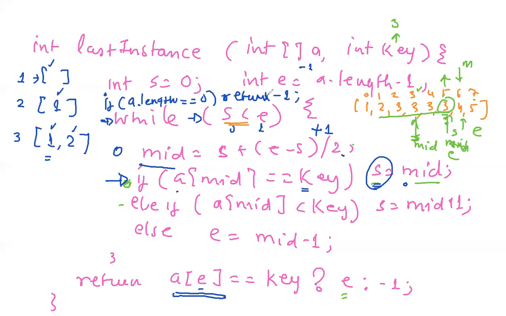S is 0, E is 1. Yeah, E is 1. So less than, you come here. Yeah. Mid is 0 plus 1 minus 0 plus 1 divided by 2. So your mid is now 1,